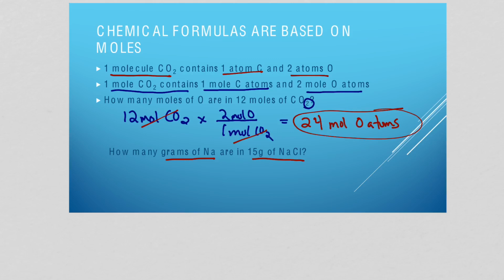Now, the key here is the formula is based on moles, so we have to go through moles in order to get to our answer. So the idea is, if I know that I have 15 grams of NaCl,